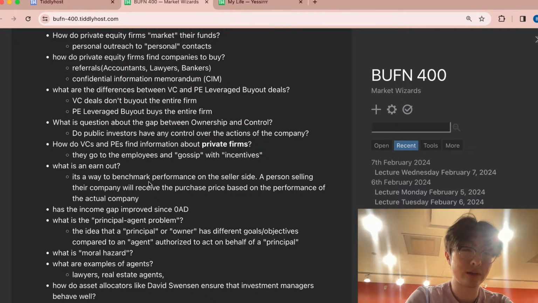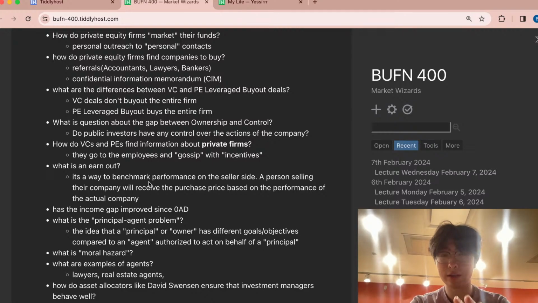This goes to the first bullet point here, of how private equity firms market their funds. Usually they're not allowed to make any advertisements within the public news. So they have a personal contact list or a network of clients that they pitch their investment opportunity to. In the actual process of buying out a company, private equity usually engages in leveraged buyouts. They're in charge of buying out an entire company, probably through the fundraising portion. So it's equity, but also borrowing money, so that's the debt.